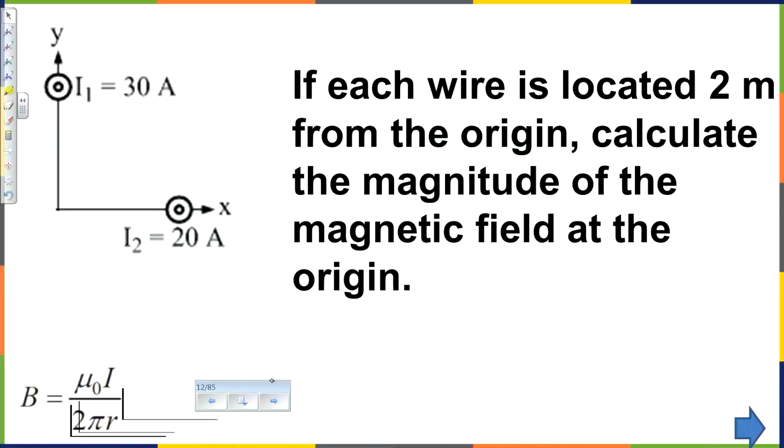You need to finish with 3 arrows. First arrow should clearly show the magnetic field vector at the origin due to wire number 1. Second arrow, second vector, should show the magnetic field due to wire number 2, at the origin here. And then the third arrow should demonstrate the net magnetic field.